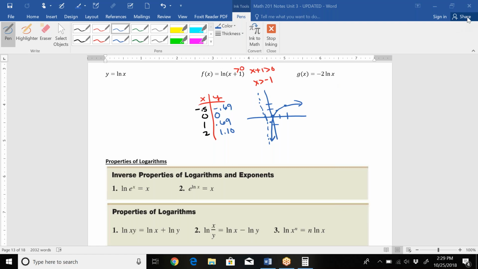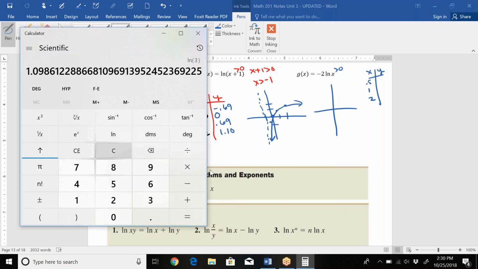This says we're going to take our natural log of x, which means we can pick any x's greater than 0, since that's just x, and we're going to multiply them by -2. So multiplying something by a negative should flip its graph upside down, essentially, and we're stretching it vertically, if you remember that from algebra class. So we can pick anything greater than 0. You don't want to go too big yet, so we'll do 0.5, 1, and 2. That should be enough points. So we'd have to do